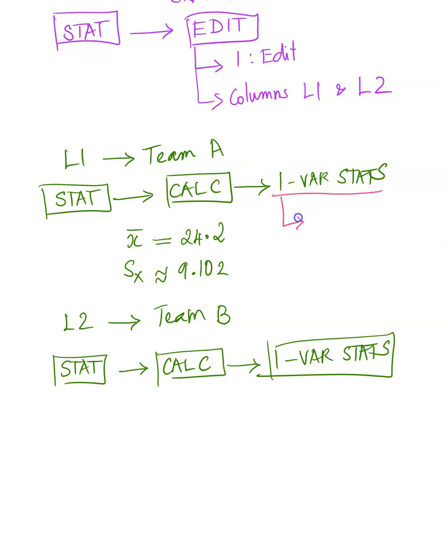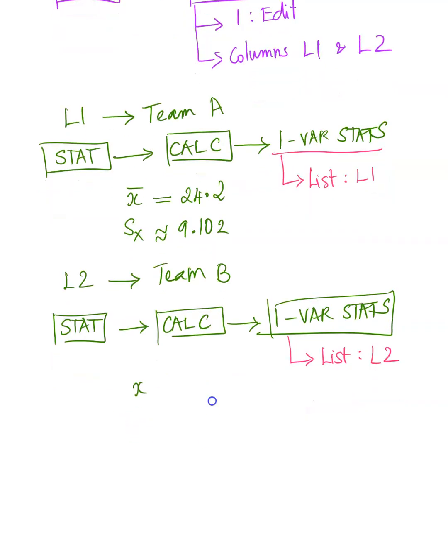So when you did the 1-Var Stats, you had the list, right? That's crucial. A list, it has to be selected to be L1. So type in L1 to get the list there for team A. And here you have to go to list and then change it to L2. So clear the list and then hit second and number 2 to get L2 and then calculate. And this will give you,